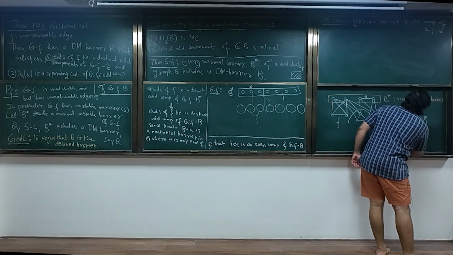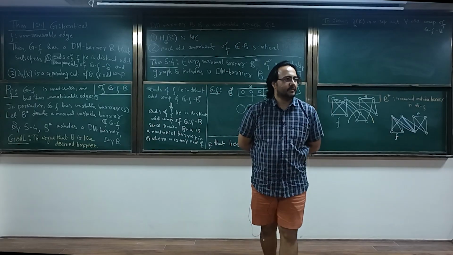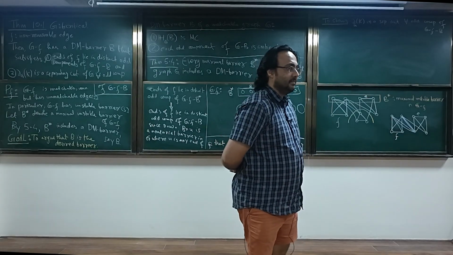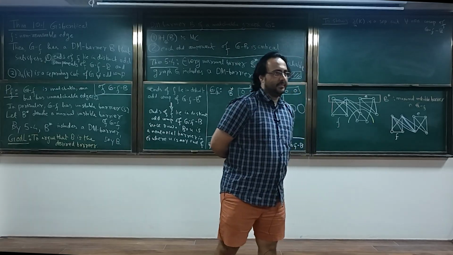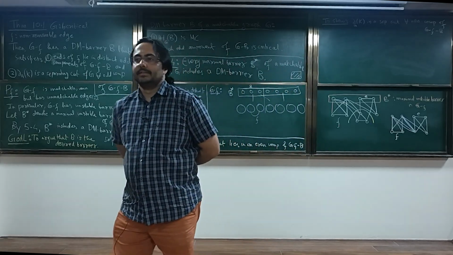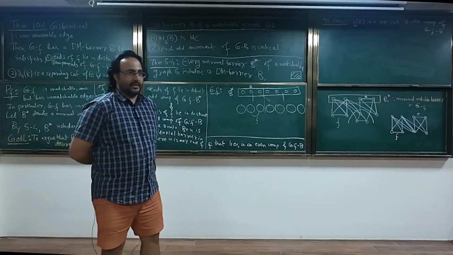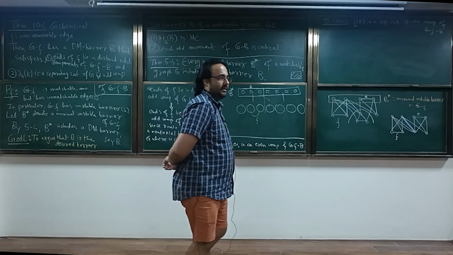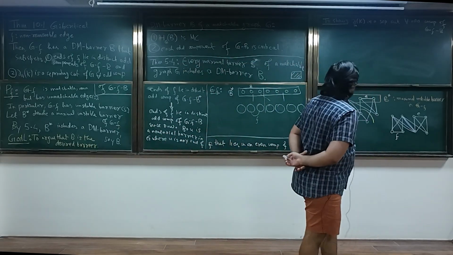Let's check. Can anybody find a perfect matching in this edge? No, right? Those two vertices are also barrier. It's unstable barrier. Therefore, the edge causing instability is not matchable. Right? So this is an example